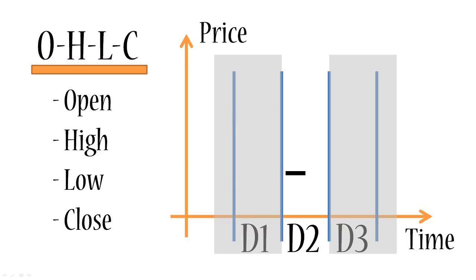Also, when the day finished, at midnight between day 2 and day 3, the Euro-US dollar currency pair also had a price. Let's mark that as well. So the first dash, the one on the left, is called the open price because day 2 opened with that price. And the second dash, the one on the right, is called the close price because day 2 closed